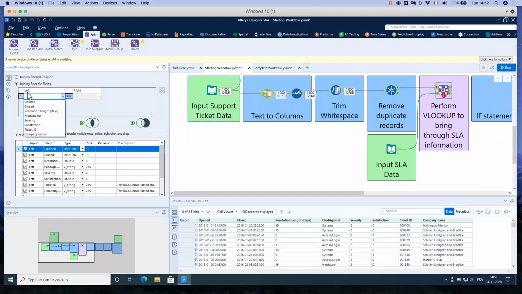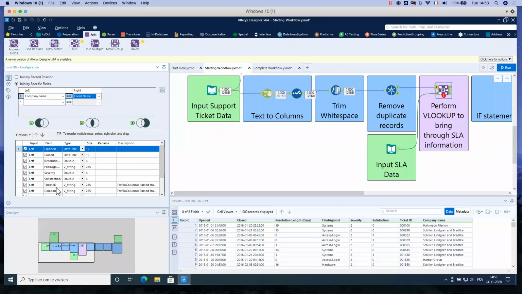So the left will be what's coming from the left anchor. So in this case, it's the support ticket data. So in fact, I need to merge this data based on the company name. So on the left, I will choose company name, and on the right, it will be client name. It's different. Okay.